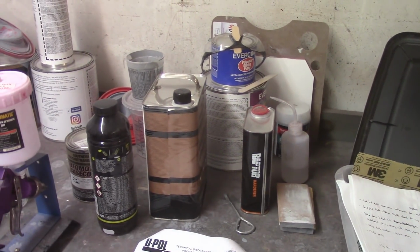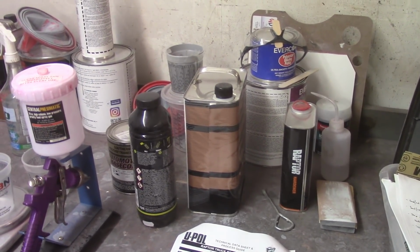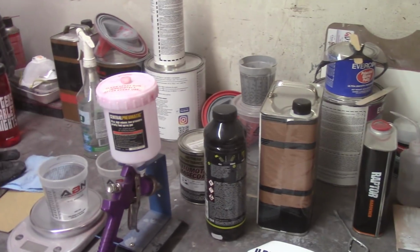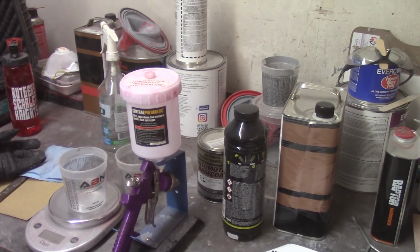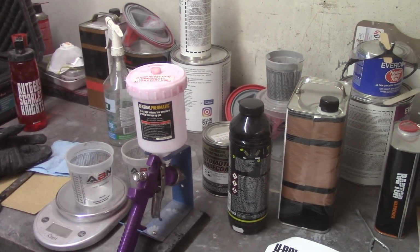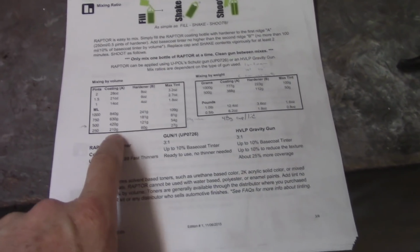The problem with this stuff, unlike the build primers and the epoxy primers, you have to wait about an hour in between coats, and that's also the pot life, so that's inconvenient, because right about the time you're ready to put on your second coat, the stuff that you've mixed is seized up or cured up. So I'm going to mix 125 milliliters and do my math here to convert it out